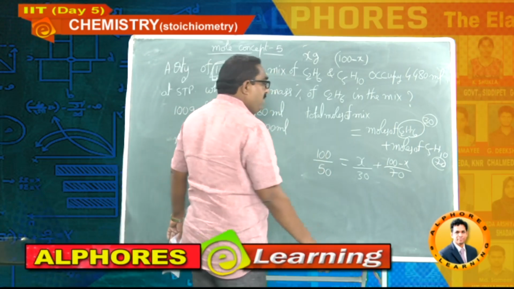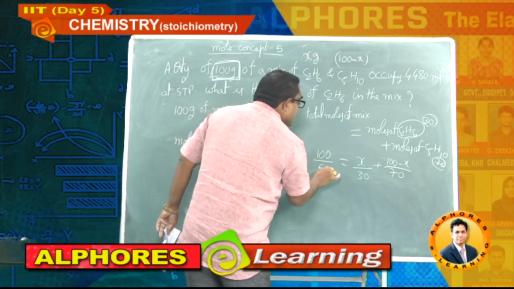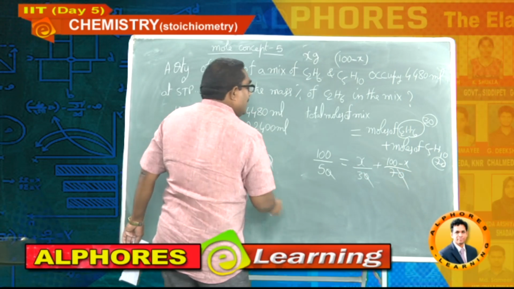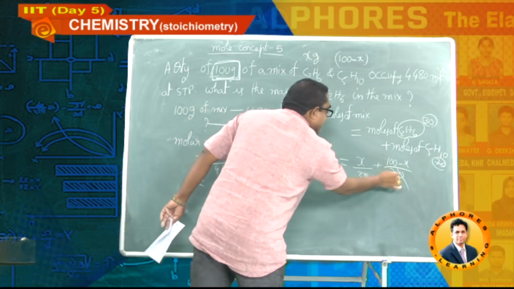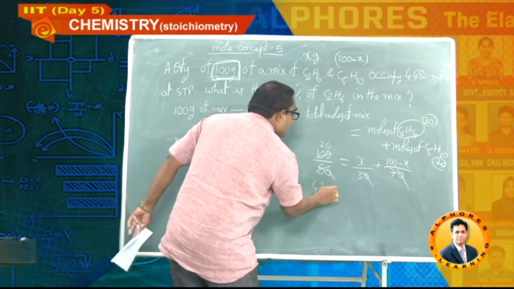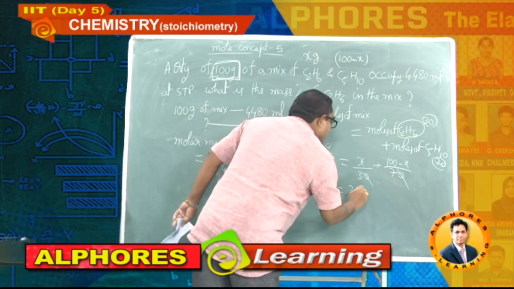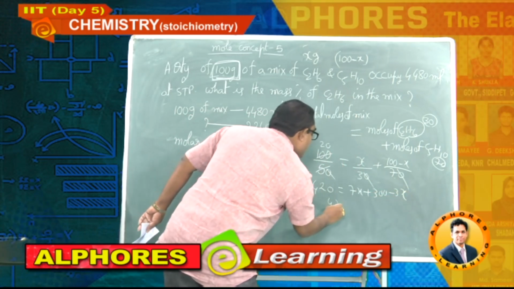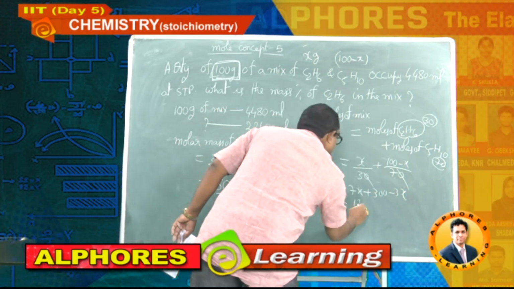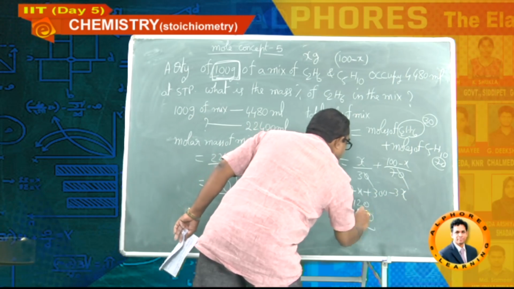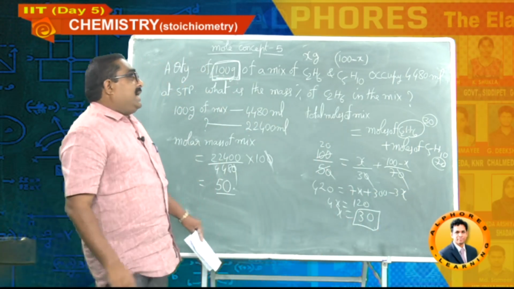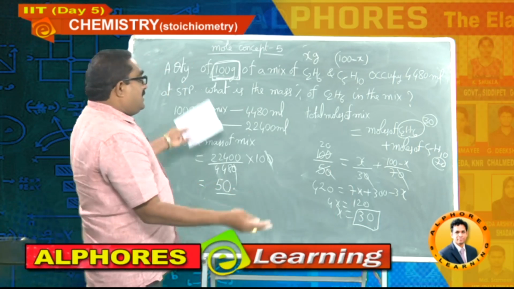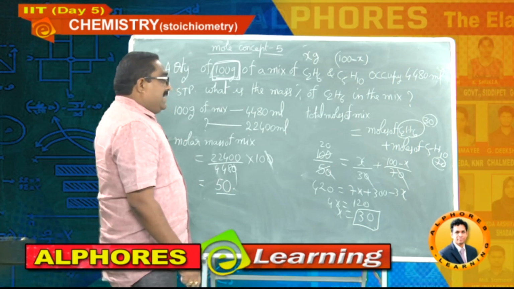So finally you should evaluate the value of x here and cancel the common zeros, no problem, you can solve. Right? This is 20. 3 7s are 21, 20 is 420. 7x plus 300 minus 3x. So 4x is equal to 120, x is equal to 30. Right, students? That is our answer, 30%, 30 grams out of 100. So the percent itself is nothing but 30 grams.